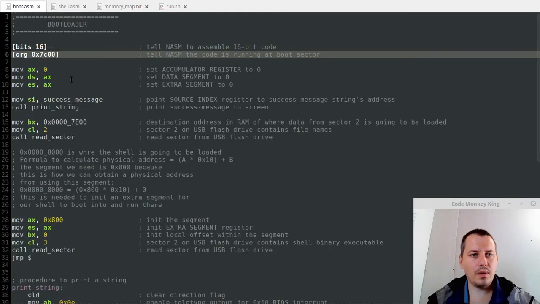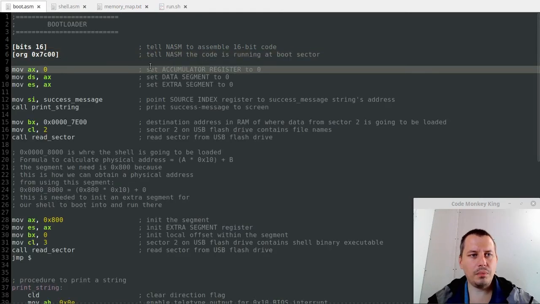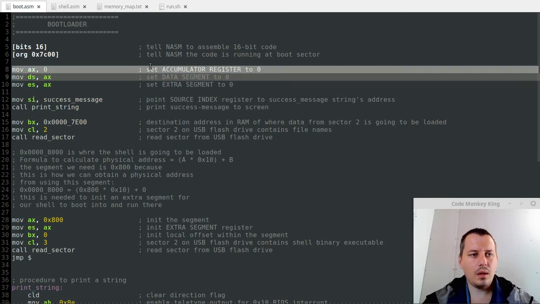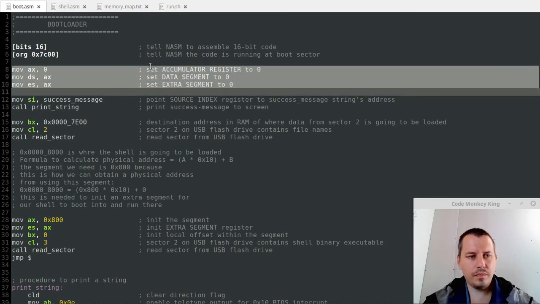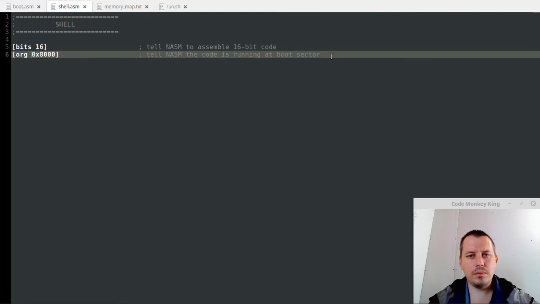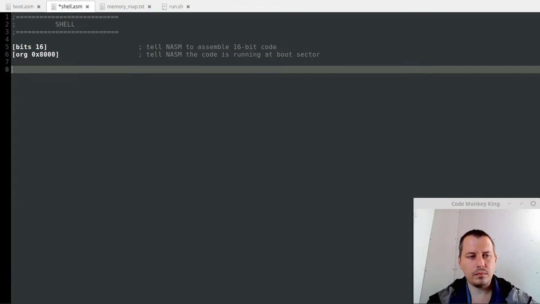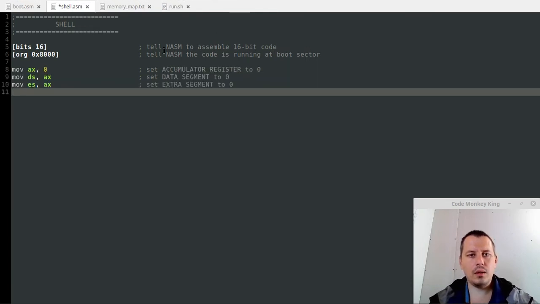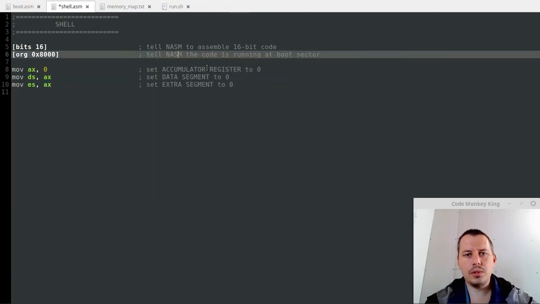So this is the address where our shell is running, and I specified it right over in here. The next steps are quite similar. I want to initialize the data segment and extra segment to 0 because the offset is provided by this org directive, which stands for origin. So here, tell NASM that we're starting at